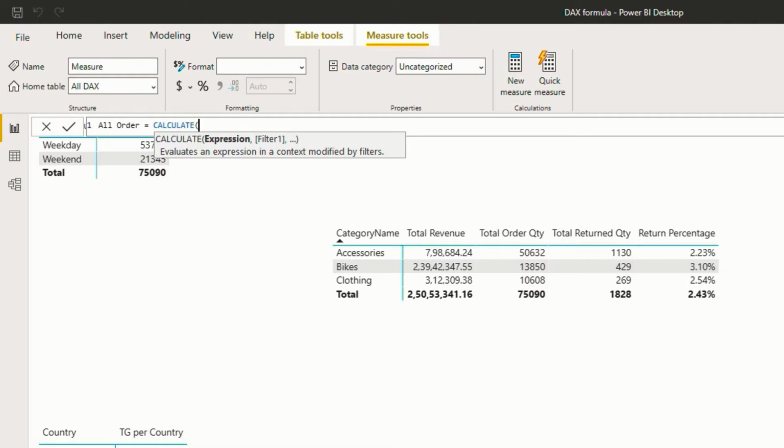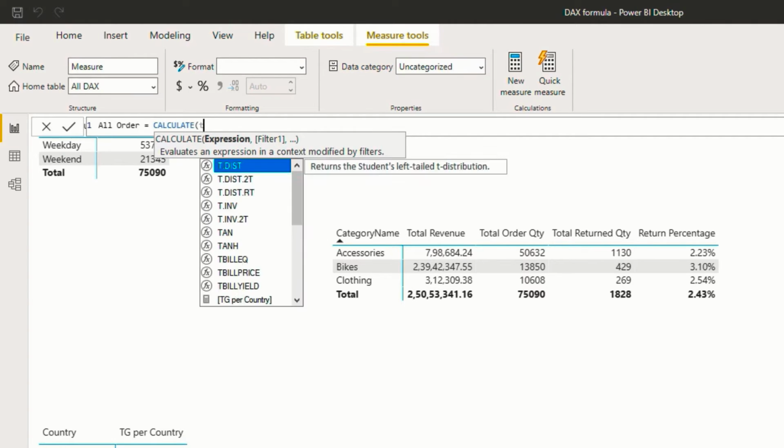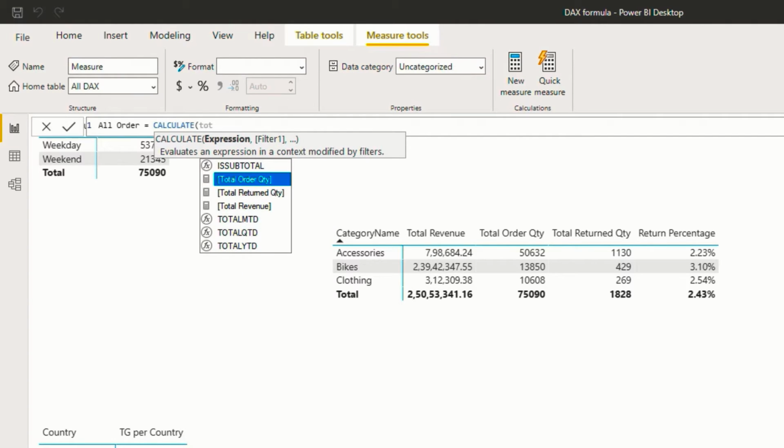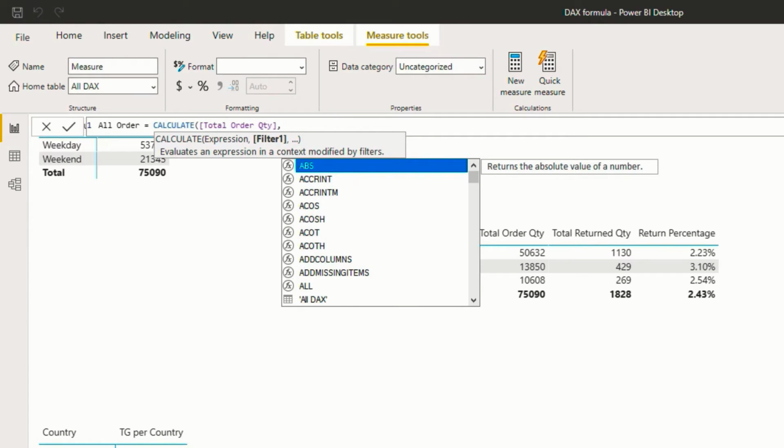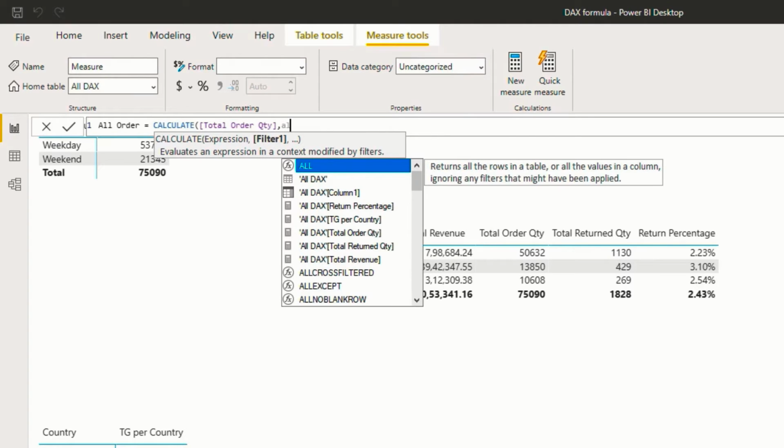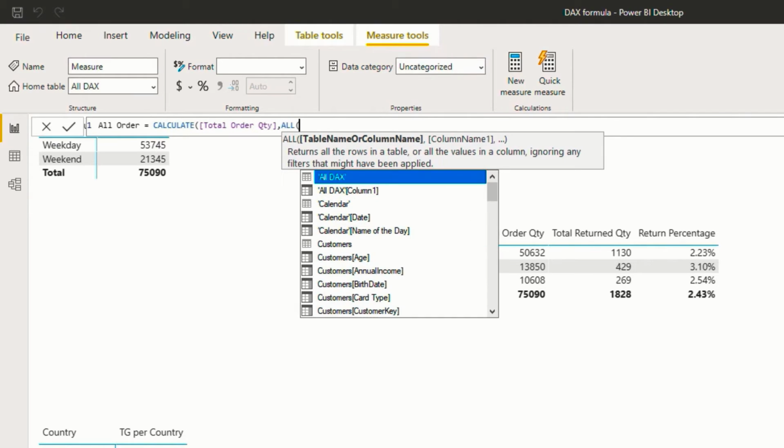Now for expression, I will give the total order quantity. So this is the measure that we created earlier, and then comma. Now the next argument is filter, but in this case I do not want any filter. What I want to do is remove the filter if there is any. So for that, I'll use the ALL function.